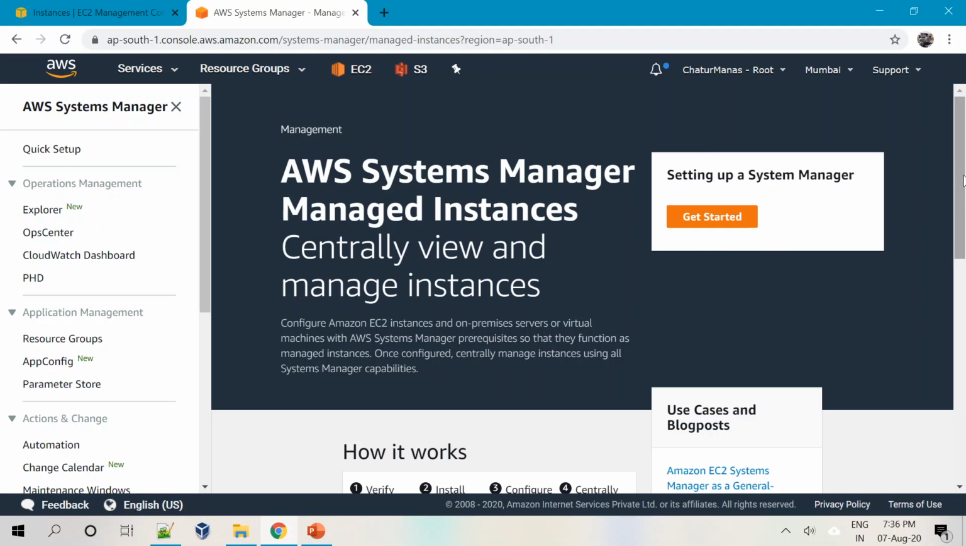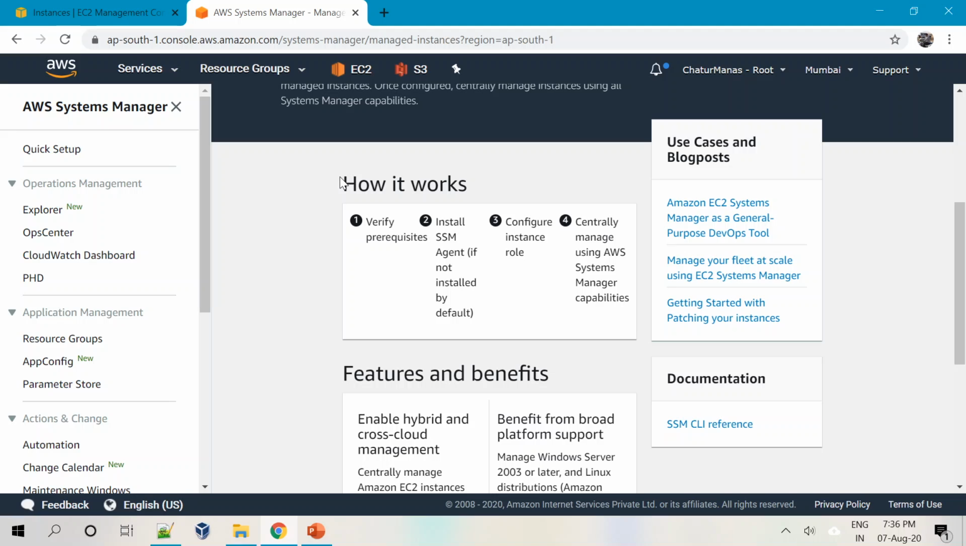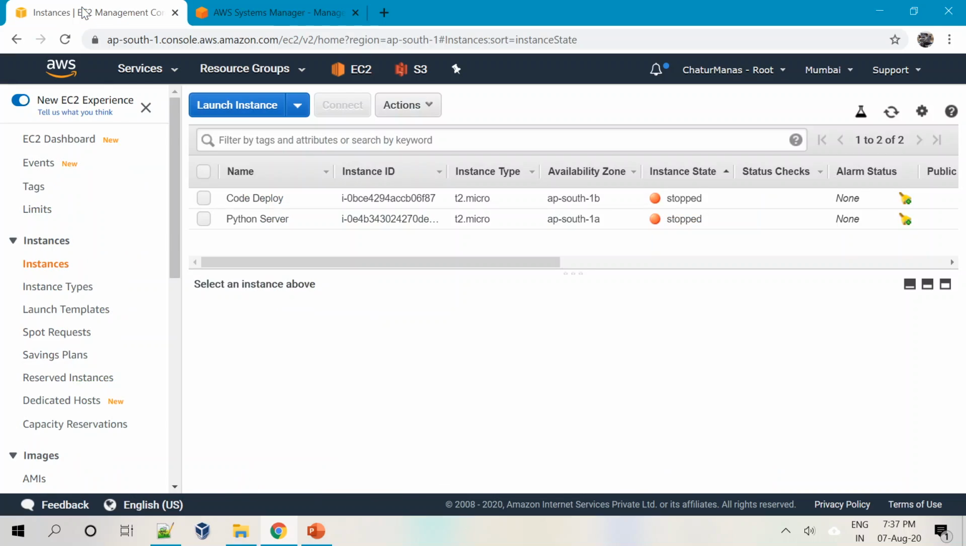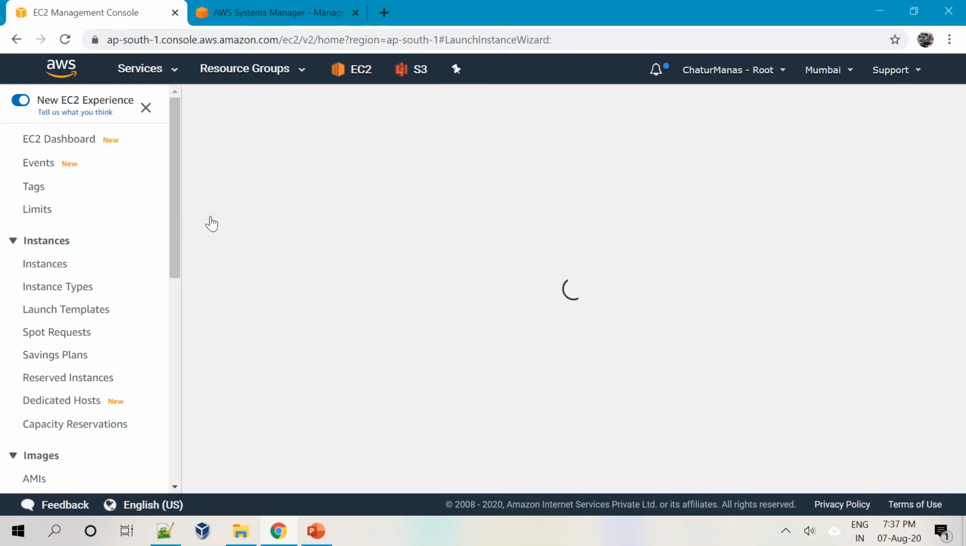Okay, so how it works is you have to verify the prerequisites, install an SSM agent, configure the instance role, and then finally you will get that particular instance as part of this list. Since we do not have any systems part of Systems Manager, it is just giving this welcome screen. So we'll go back to our EC2 and we will launch an instance,